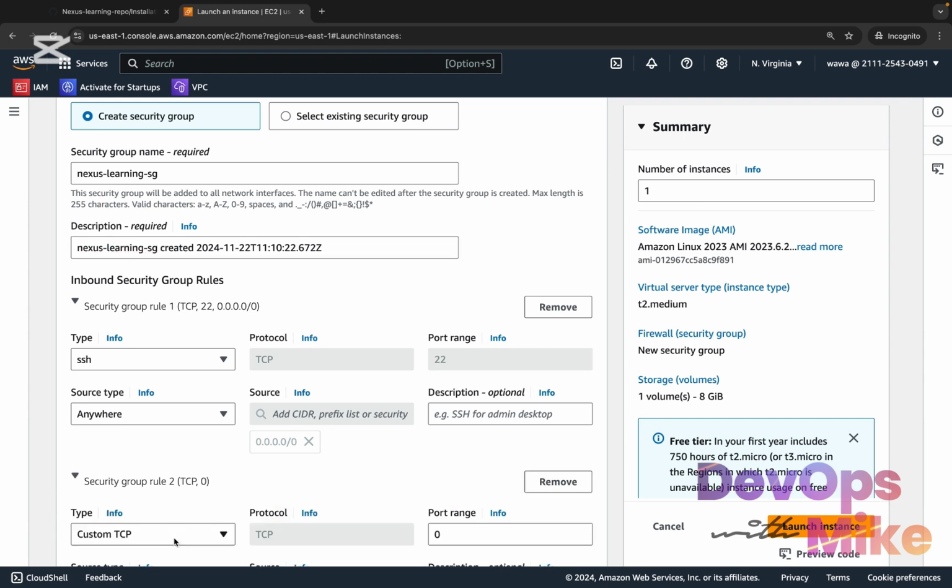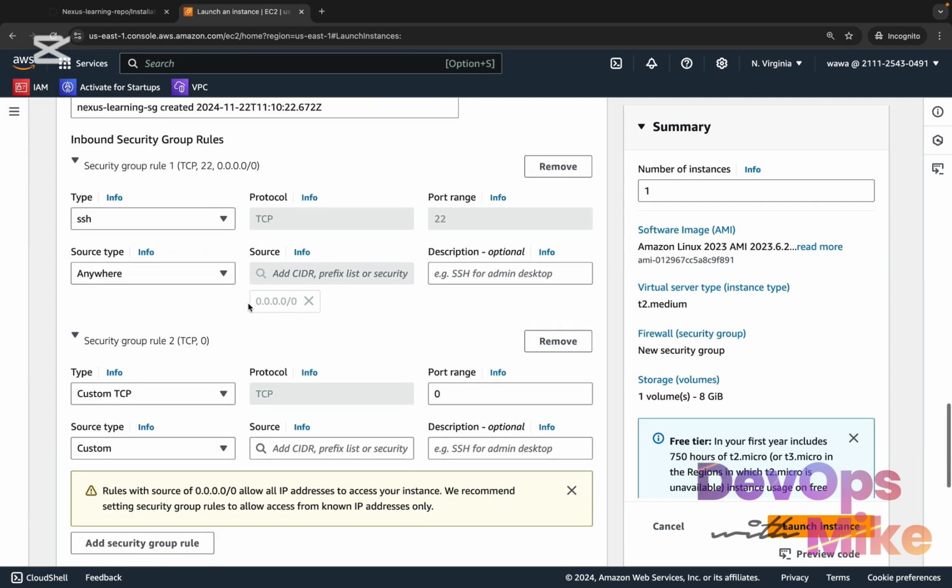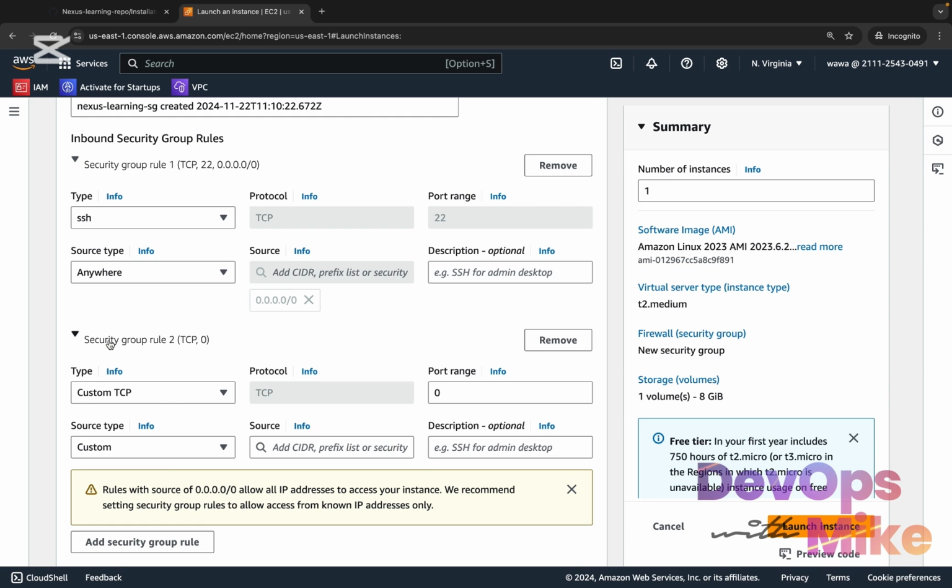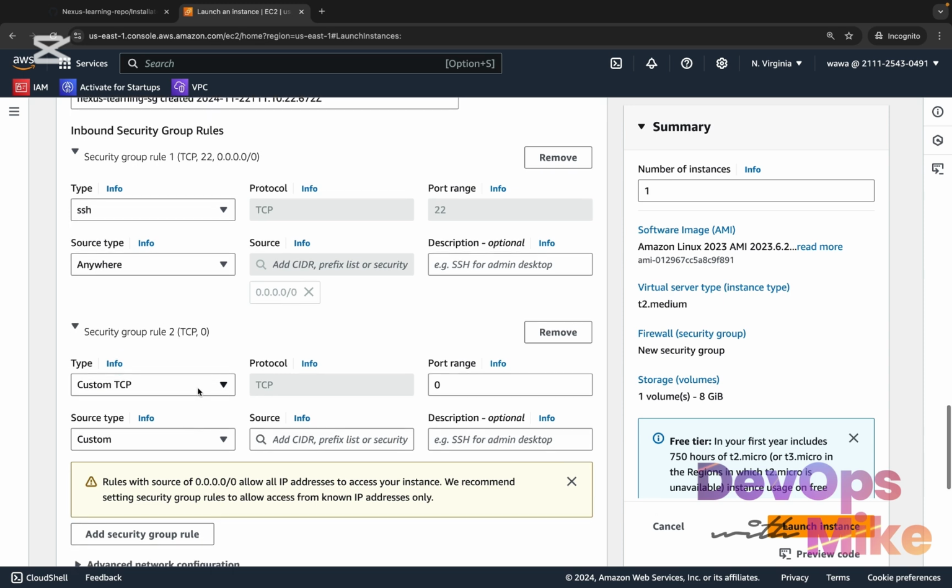So we'll be adding a security group rule. You click on add security group rule. There's the first security group rule here: TCP 22, allowed from source anywhere, IPv4. The same thing, we also have security group rule 2. We'll be adding a security group rule 2, and then we use custom TCP. Now the most important thing which you must take note of is we are adding the port